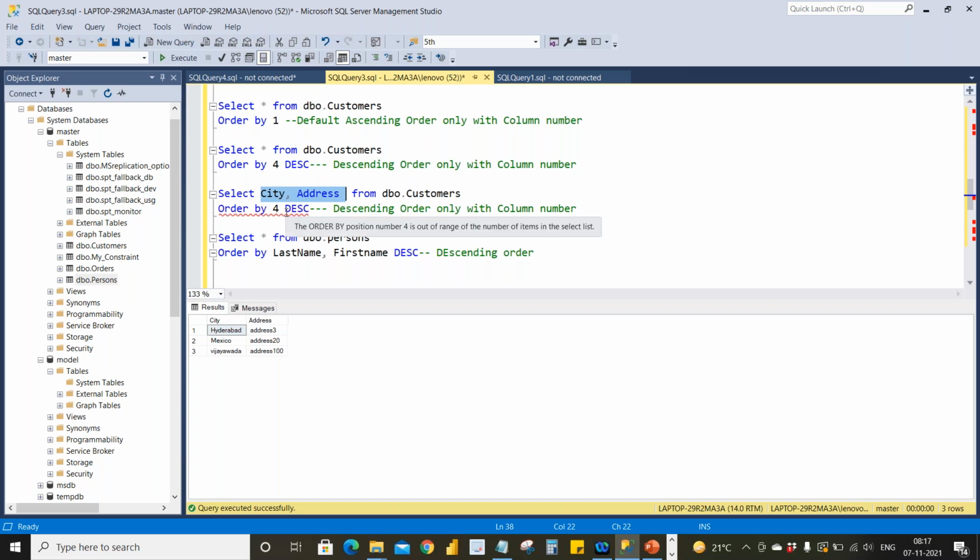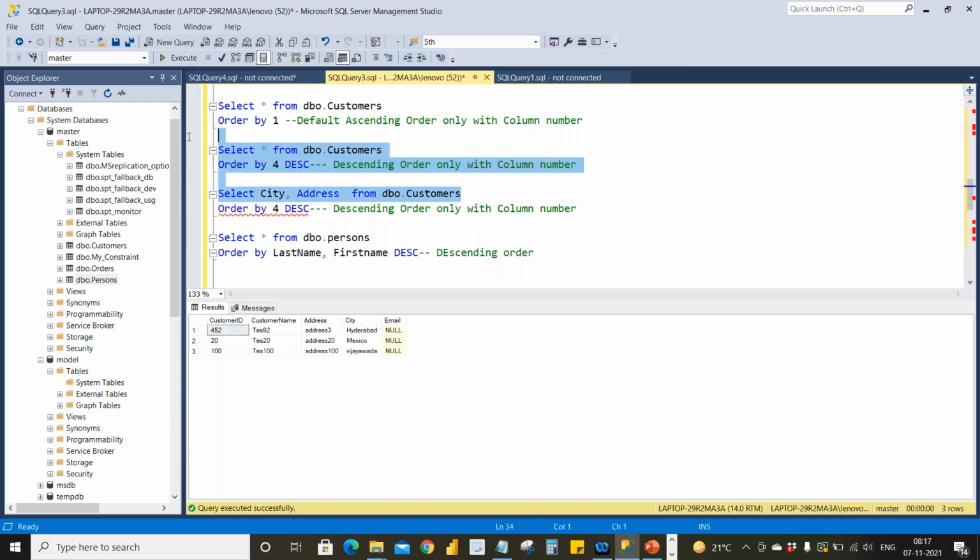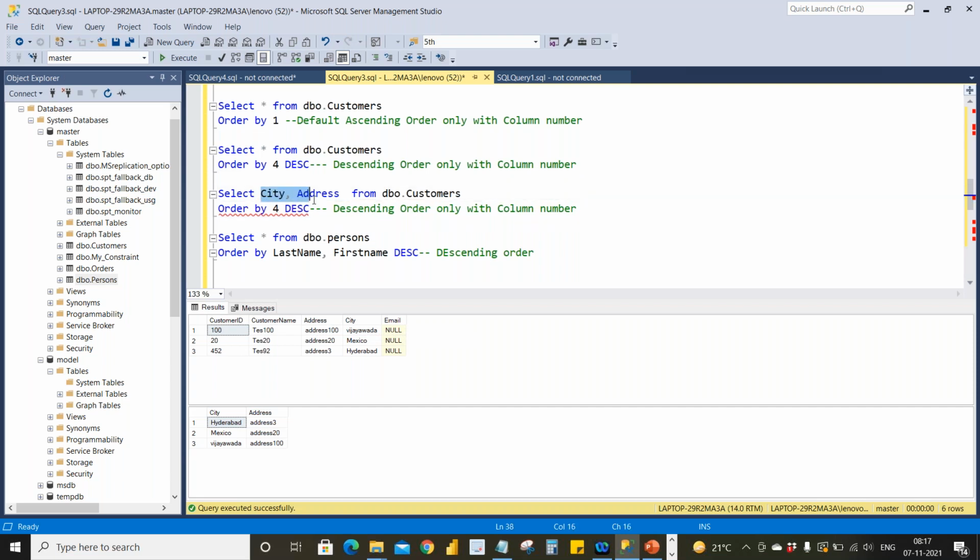This city and address, city is no longer the fourth one. If you give select star from, city is the fourth column, but here you are selecting only 2 columns. That means city is here the first column, right? If you want to sort with the first column, you need to give the first column number, order by 1.